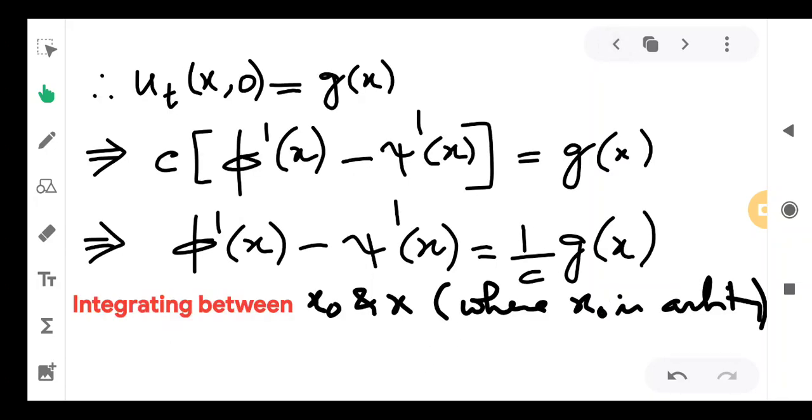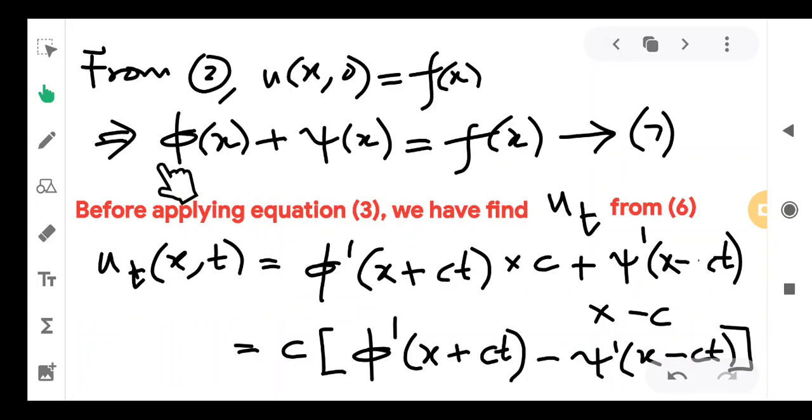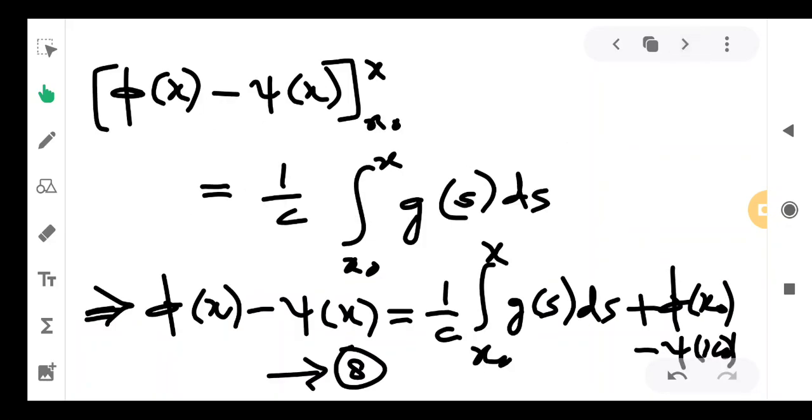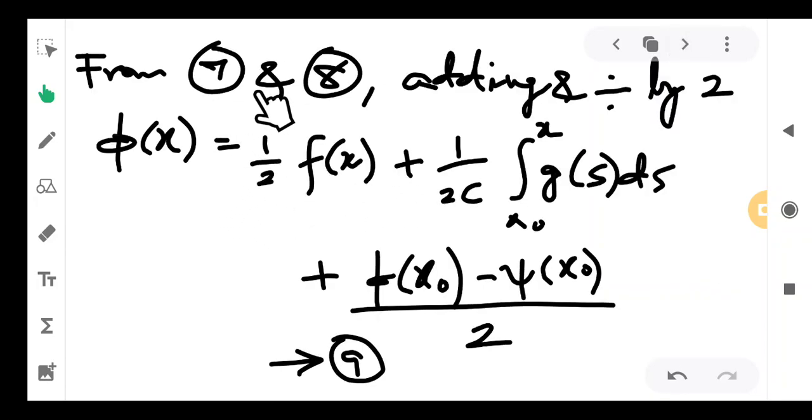Equation number 7 is actually giving you the value of phi of x plus psi of x. This here is the sum, and equation number 8 gives you the difference. When you have the sum and difference, if you add, plus psi of x and minus psi of x will be cancelled, but we will be getting the value of 2 phi of x. So on adding 7 and 8 and dividing by 2,